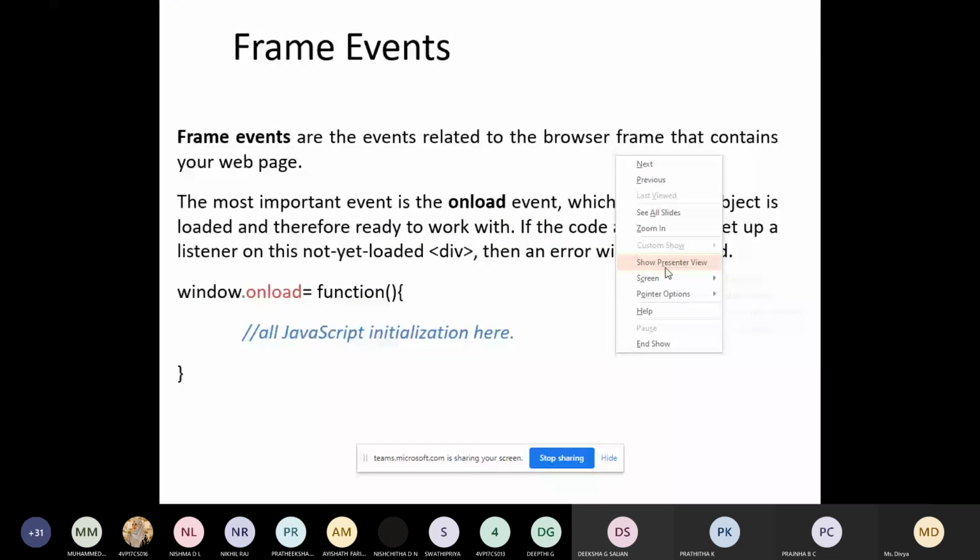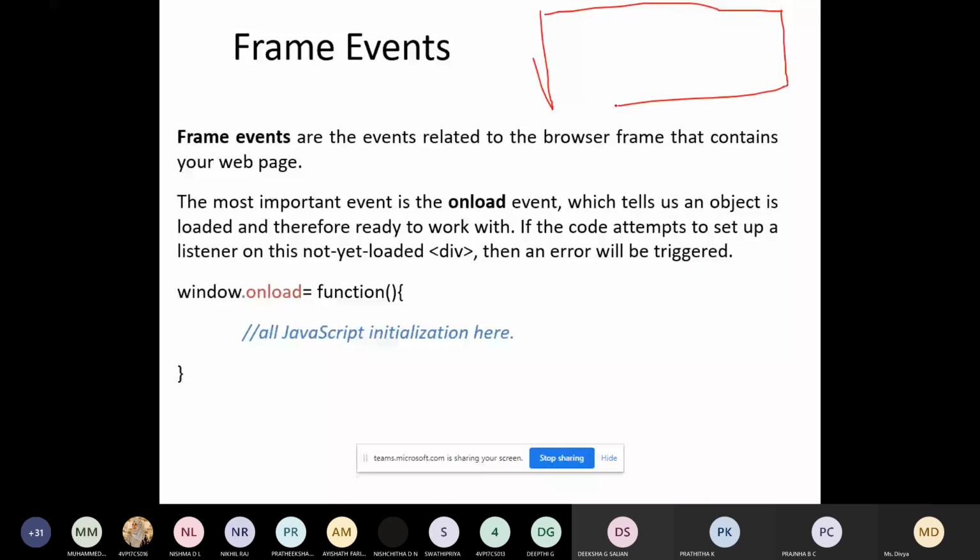Assume that this is our browser window. Using this frame concept, we can set the frame. I want to display some content from here to here, some image from here to here, and from here to here I want to display something else. You can divide your entire window into three frames using this frame concept.